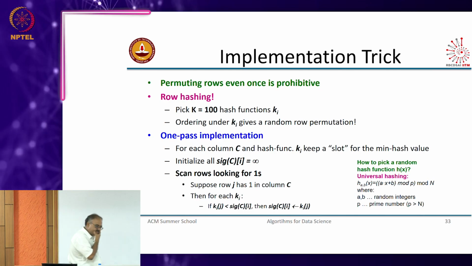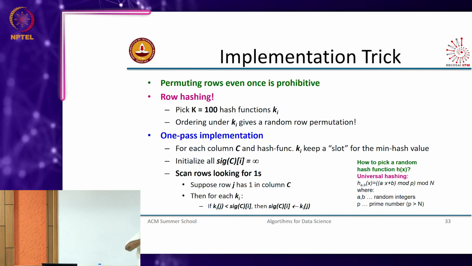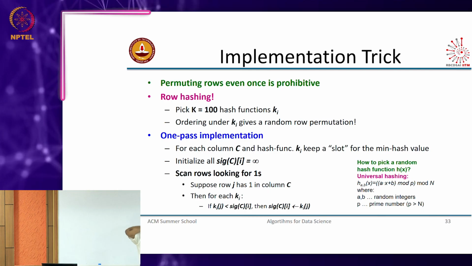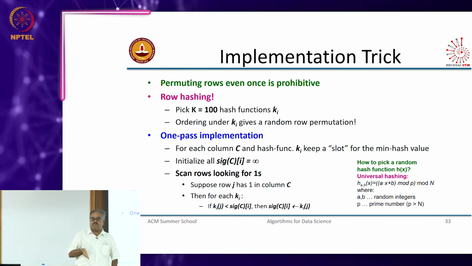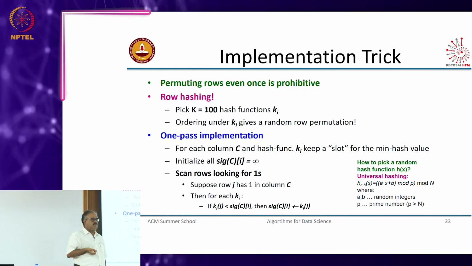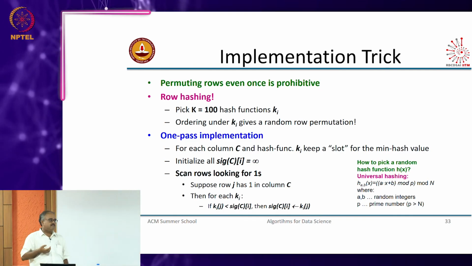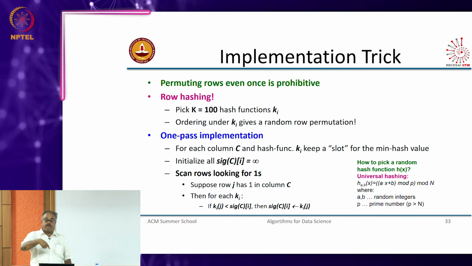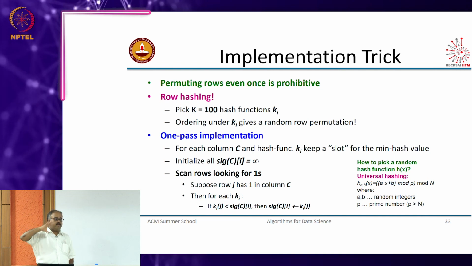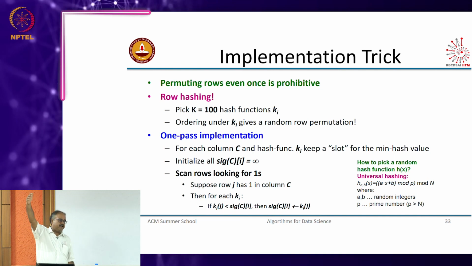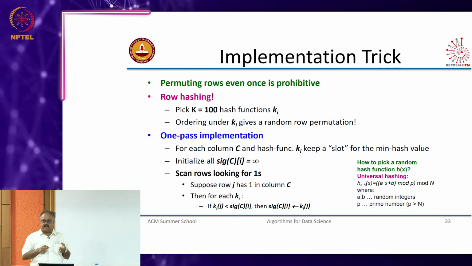But there is a problem with this, right. So, what is the problem? How will I implement permutations? Remember, I have to permute the entire row of that original shingle document matrix, right. So, one column is going to have a couple of million rows depending on how many shingles. If I am using a 9 length shingle, the column would have just humongous numbers of rows, and I have to permute that column, and I have to do this for all the documents that I have in my collection. So, actually doing the permutation, if I have to take the entire column into my memory and do the permutation, is very hard, right. So, what we do is we come up with a small neat implementation trick,